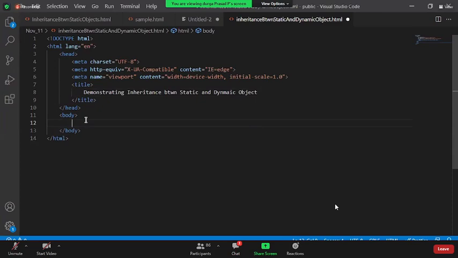Okay, so let me create a simple UI page also for this, where a user can register. Let me create an external JavaScript, guys.